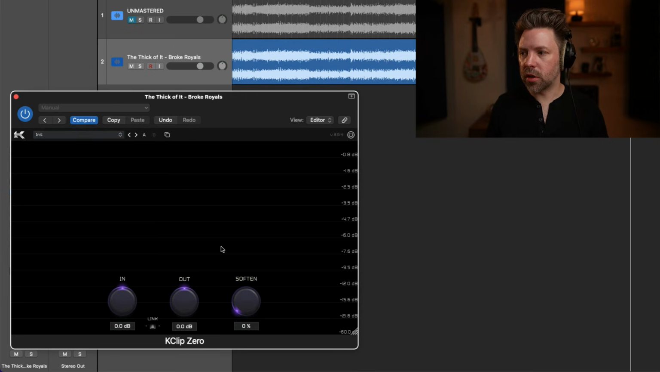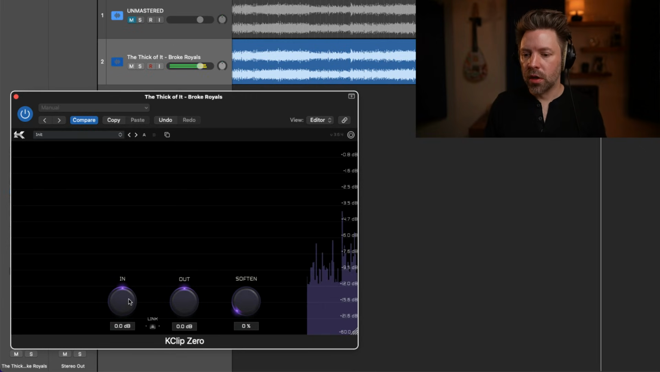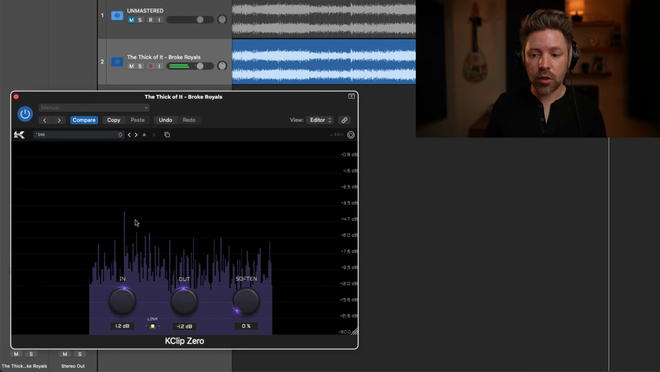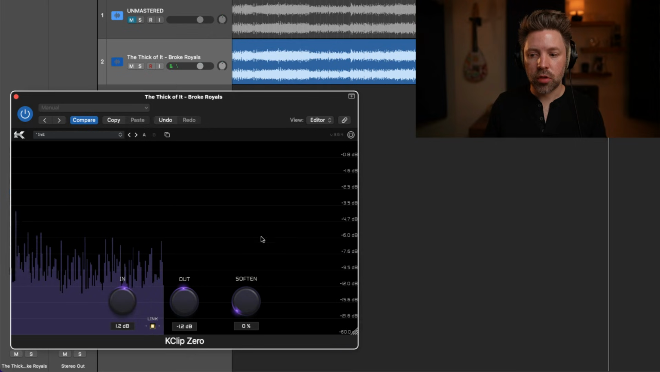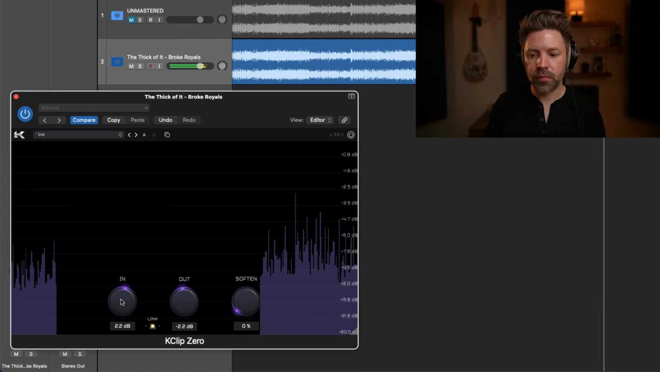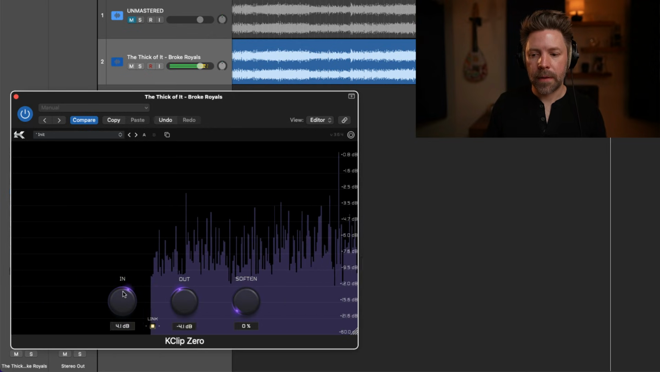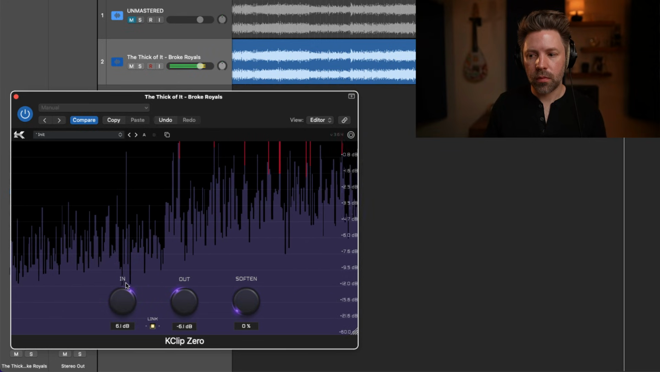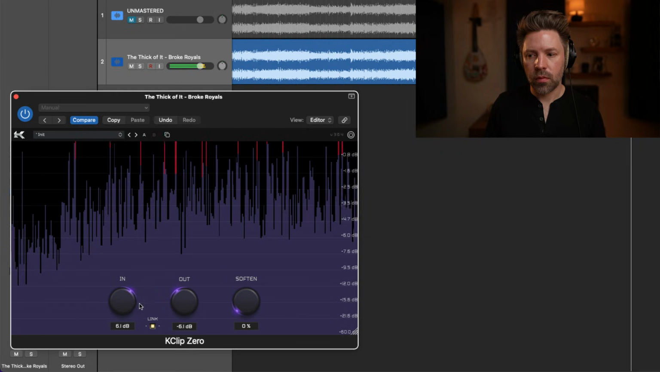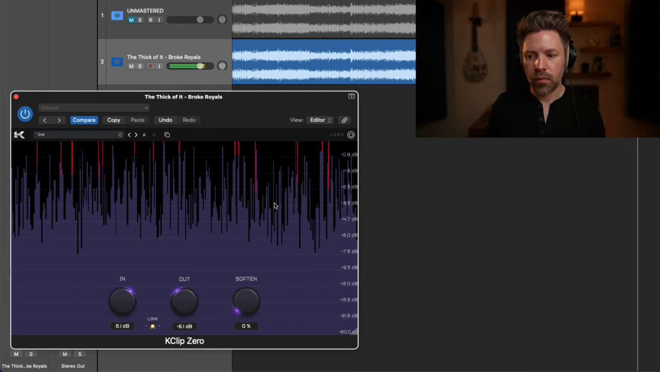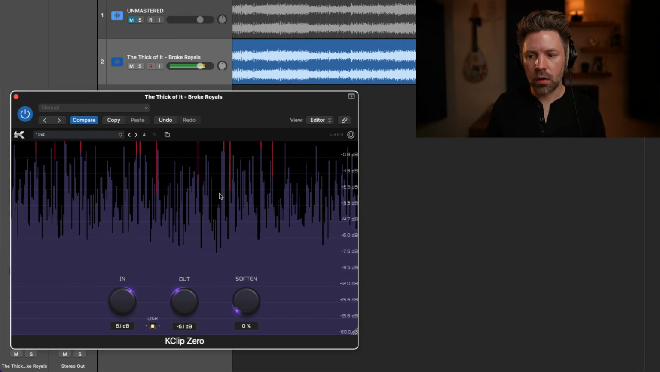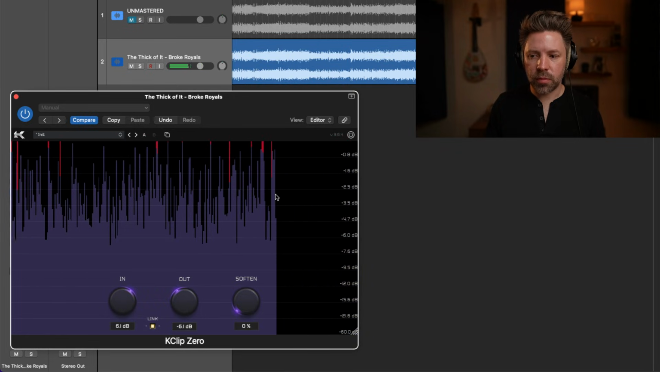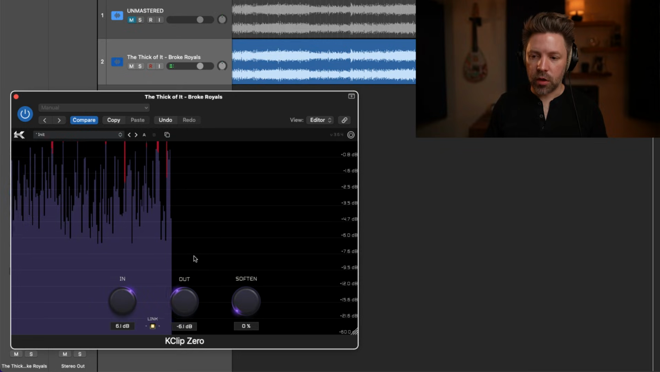But let's go ahead and clip this song so that we can make it really loud. So we want to link the input and output, and then we just want to turn this knob until we're seeing it push down just a little bit. You'll see these red indicators come up. Cool. So we can see here visually what is being clipped, how much clipping is happening,